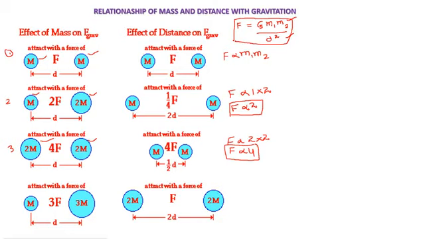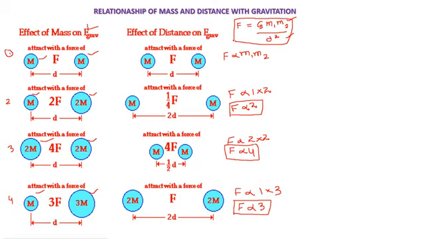Whenever I utter the word force, that is definitely the gravitational force. Then let's see the fourth case. How does the force depend when the mass of one object is 1 and the mass of the other object is tripled, 3 times? Here the force between the two objects is also 3 times more. So here we have seen how the mass affects the force of gravitation between the two objects.